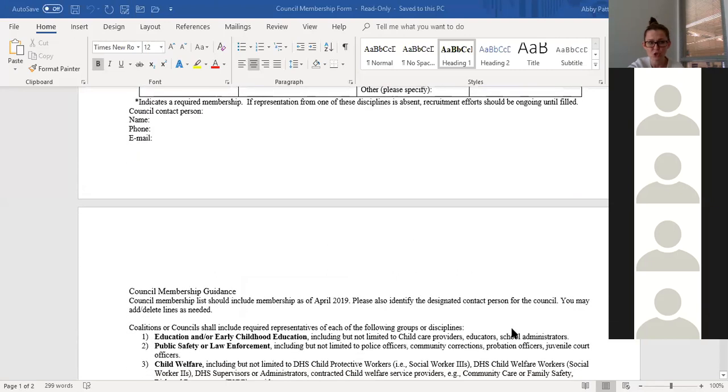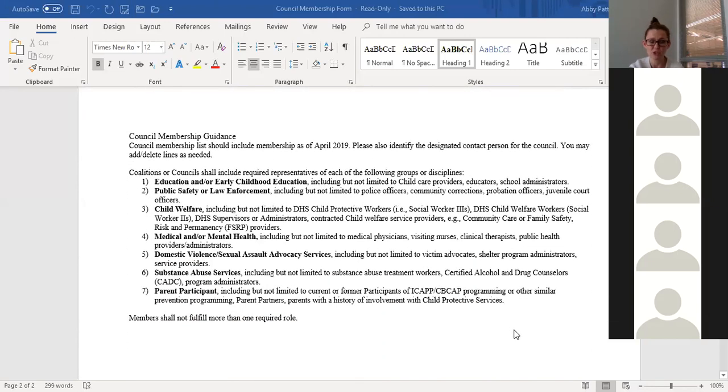There is on page 2 of this form, this is just pulled right out of the RFP, going over the different required representations and examples of who can fill each one of those. Just as a reminder, each council person should only be covering one of those representations.